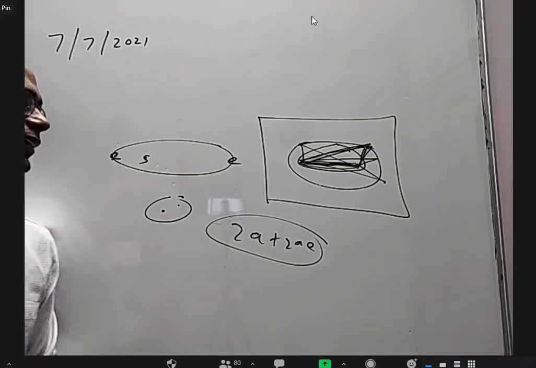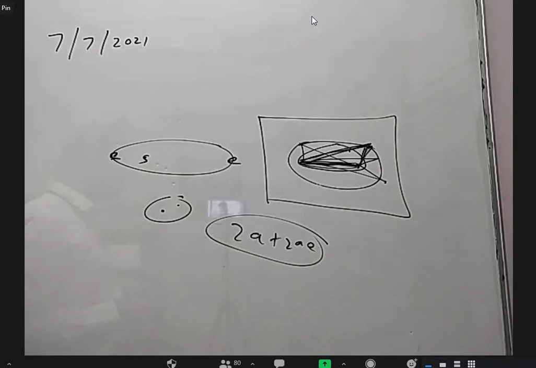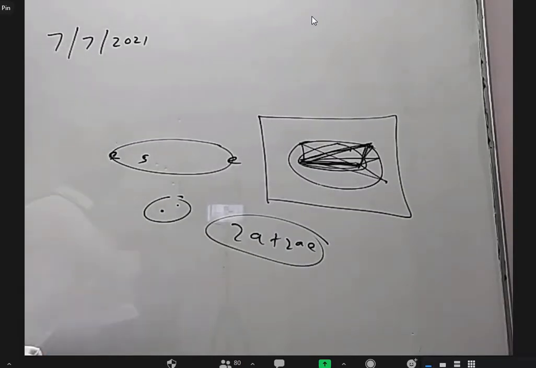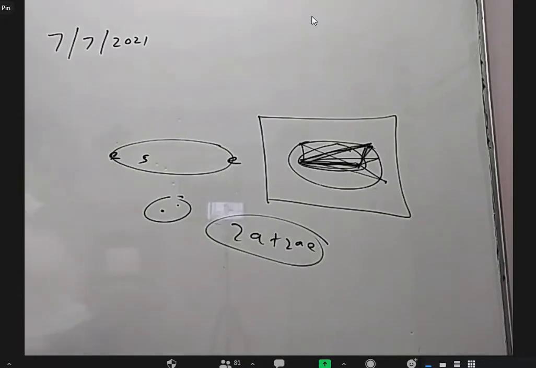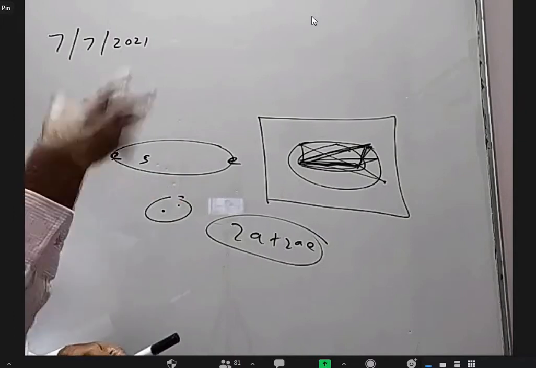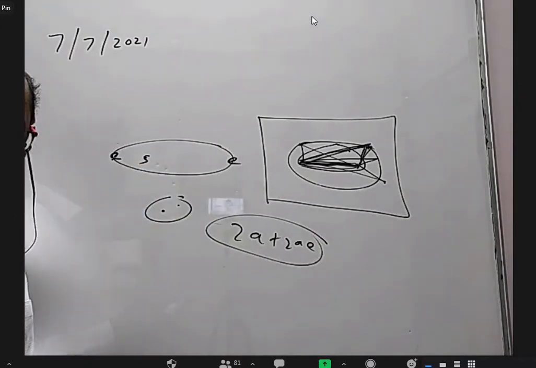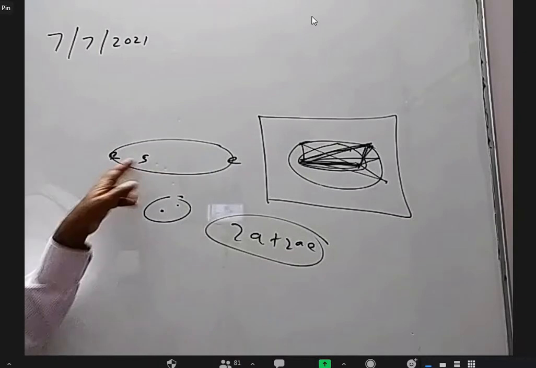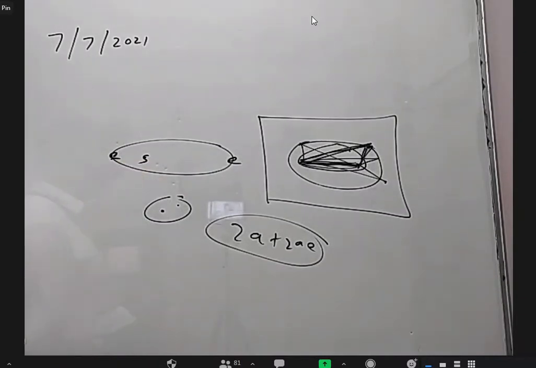Sir, isn't the other focus like the center of mass of that whole system? I don't know about the physics part of that, but I don't think it is anything like that. Of course, in the total galaxy, the Sun itself is moving, right? But compared to this motion, that is very, very low. So it is as if this is fixed. So I don't think the center of mass is here. The center of mass position is changing, obviously.